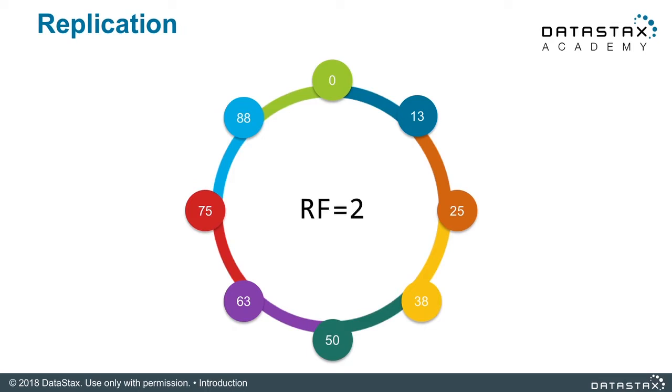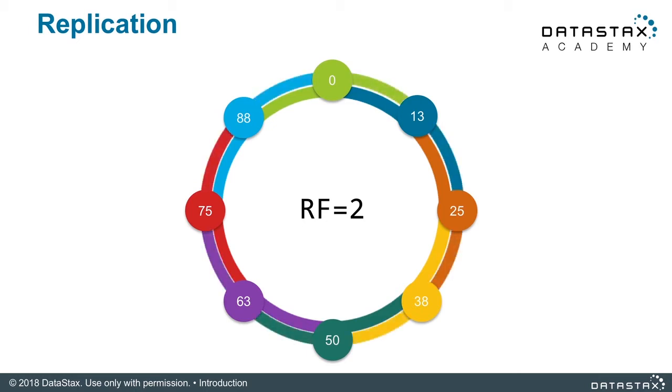Now, if we were to update our replication factor to say 2, this is where things start getting really interesting. Each node now is storing not only its own data, but its neighbor's data. This is a very friendly neighborhood. Everybody loves to help out everyone else. This is the beauty and the power of a Cassandra cluster. So in this case, you can see that each neighbor stores its neighbor's data. So we have 2 copies of the data in the cluster. So each node stores 2 copies.